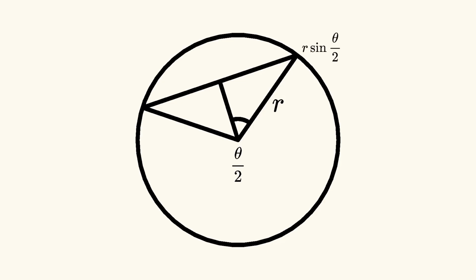This is a circle with an arbitrary chord. Let r be the radius of the circle and theta be the angle subtending the chord. By drawing the altitude bisecting theta, we can see that half of the chord has length r sine theta over 2, which means that the length of the full chord is 2r sine theta over 2. This gives us a way to express the length of a chord in terms of the radius of its circle